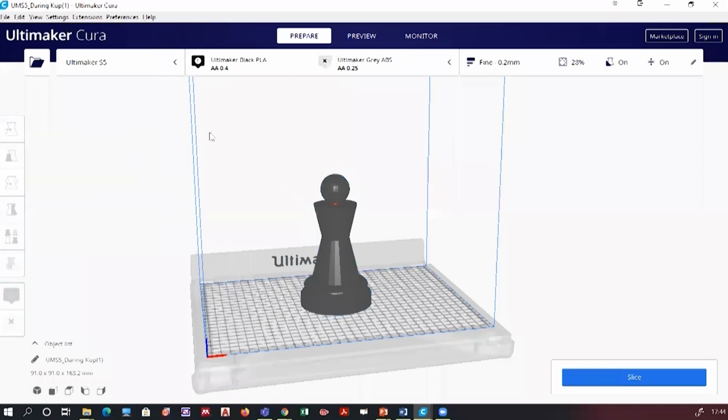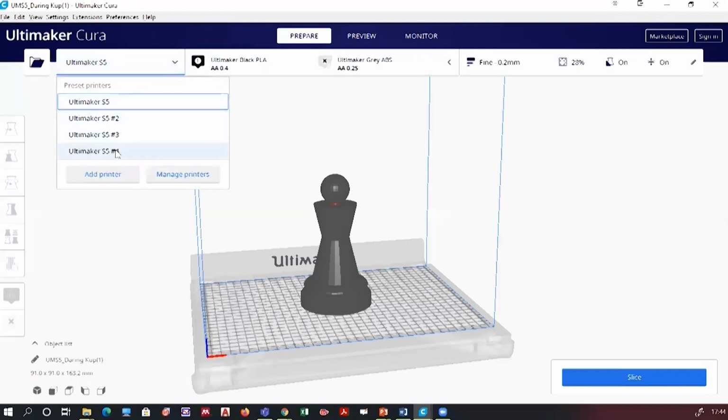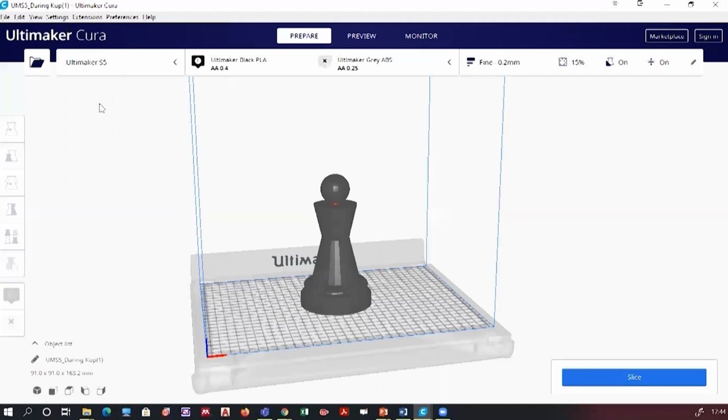The major setting is that you have to select the appropriate printer. There is a series of printers available in the market, and I'm selecting the Ultimaker S5. Now, this printer is an example of FDM.